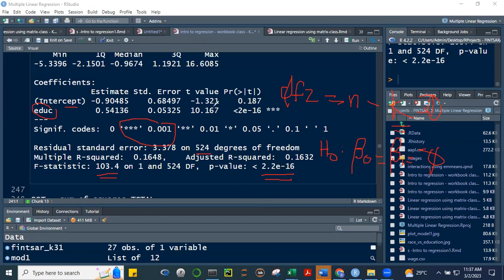Dito naman sa coefficients natin, ang null hypothesis natin per parameter. Dito combine. Okay, so we reject this null hypothesis because of this p-value. Remember, when the p is low, if it's less than 0.05, the null hypothesis must go. We reject this. Okay, there's strong statistical reason to believe that at least one of these parameters is not equal to 0. Okay, and it's consistent here, di ba? Okay, and we looked at this. Sabi natin